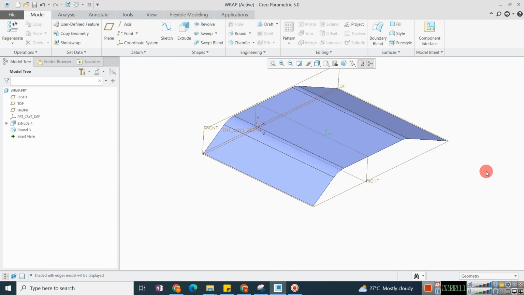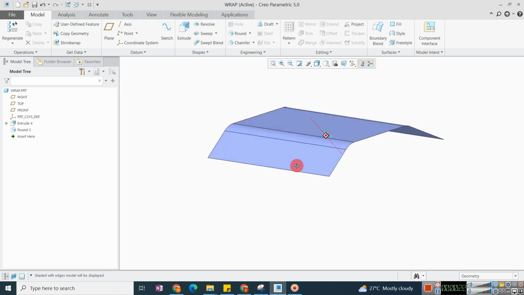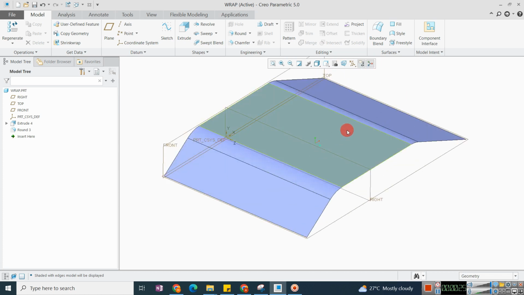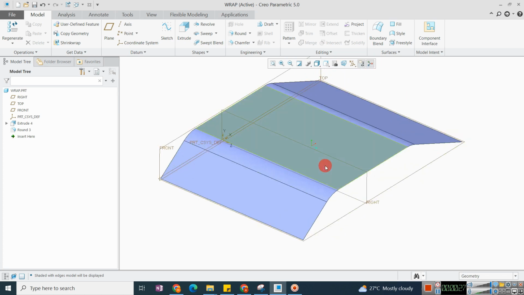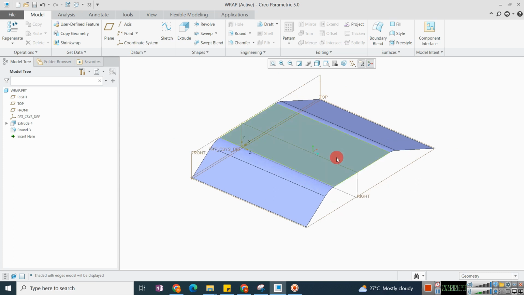So in this video we will discuss the extend command. For the extend command we need the geometry. Here I have created the quilt. This one is the extruded surface, so we can call it a quilt also. So this one is a quilt and I want to